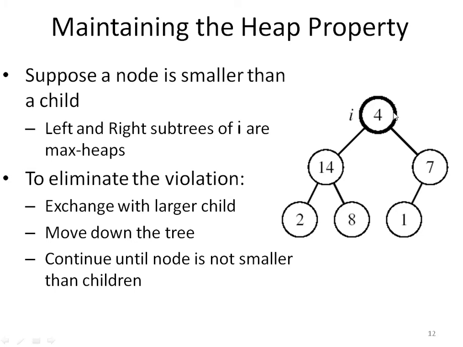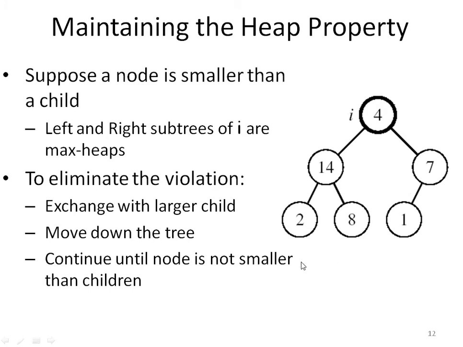So in this particular case, if I start with 4, then 4, 14 and 7 will be compared. Since 14 is the largest one, 14 and 4 will be swapped. The moment I swap, the max heap property is violated in this particular part, because now in place of 14 we have 4 as a parent and 2 and 8 are its children. So 4 and 8 do not satisfy the property of a max heap. So I have to again perform max heapify for this particular part. In the next execution, 4 and 8 will be swapped, then 4 reaches the leaf node and we have to stop. So this is the concept which we have to implement.